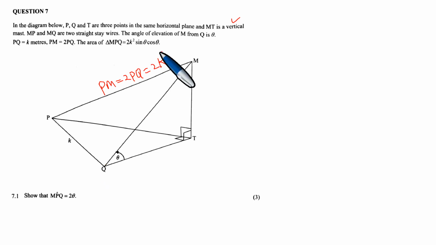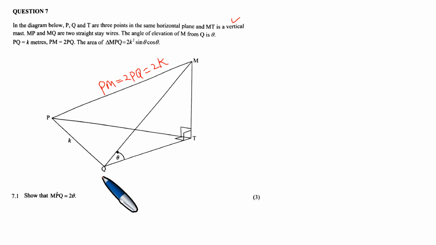Okay, MPQ is exactly that one. They gave it to us. Show that angle MPQ is equal to 2 theta. Show that MPQ equals 2 theta, the angle MPQ. If you look very carefully, there is M, there is P, and there is Q. You need to show that that angle there is actually